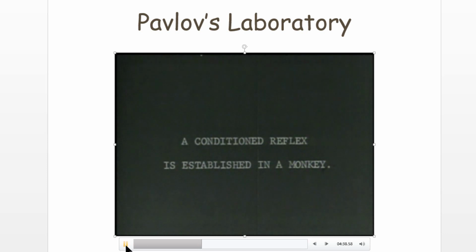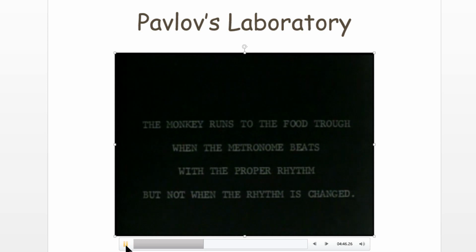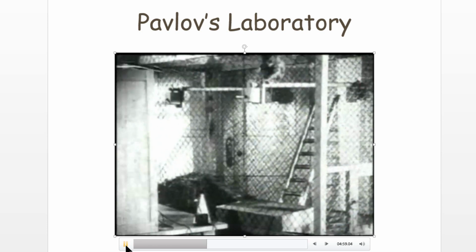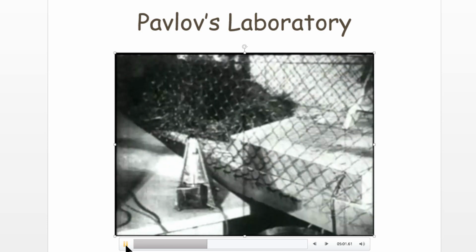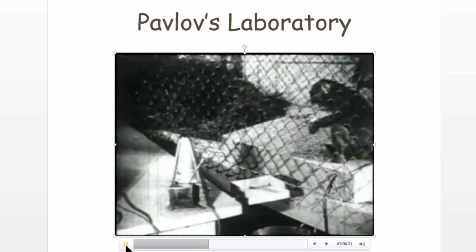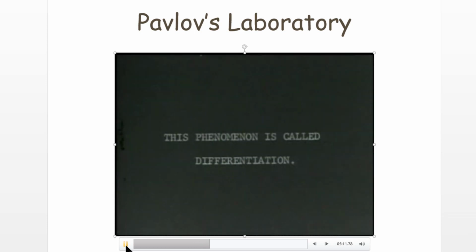Now in this scenario, they're going to switch from a dog to a monkey, but they're not going to do a salivation experiment with a monkey, which would be much more difficult and unnecessary. In this case, they're going to use gross motor behavior. When the monkey is in his cage, he likes to hang out on the upper perch. Now they're going to associate the metronome, which you see on the bottom of the screen, with the availability of a grape. So when the monkey comes down, a tray gets pushed out by the experimenter, and the monkey can grab a grape. And then he goes back up on his perch to hang out and eat it.